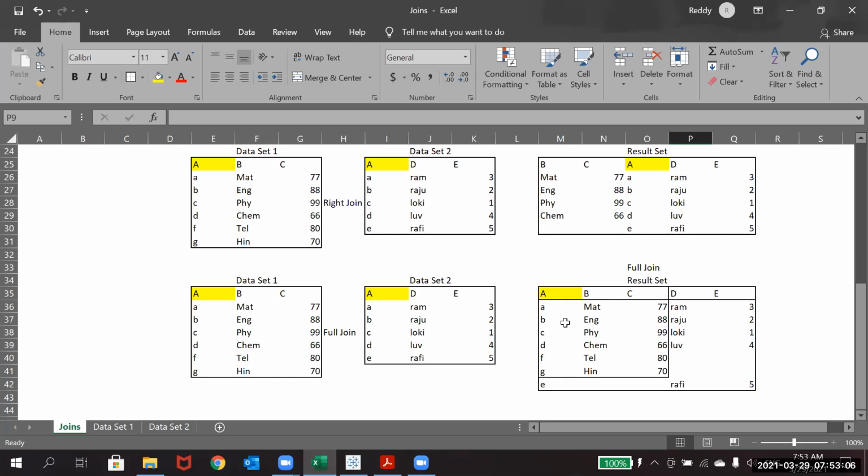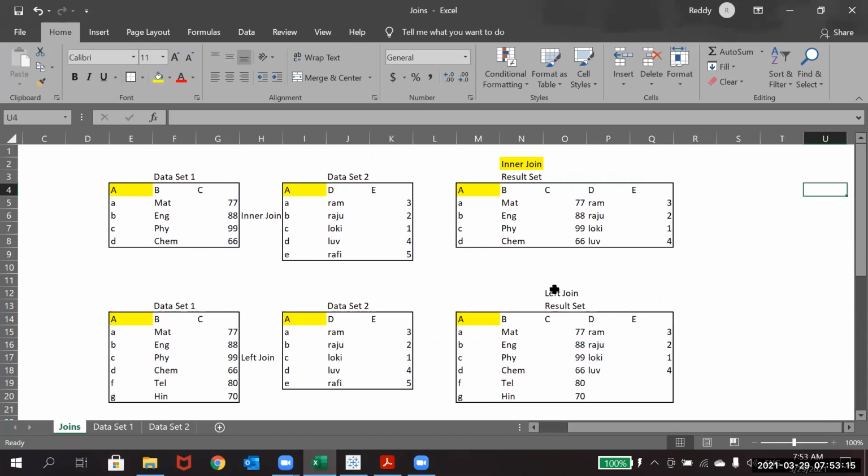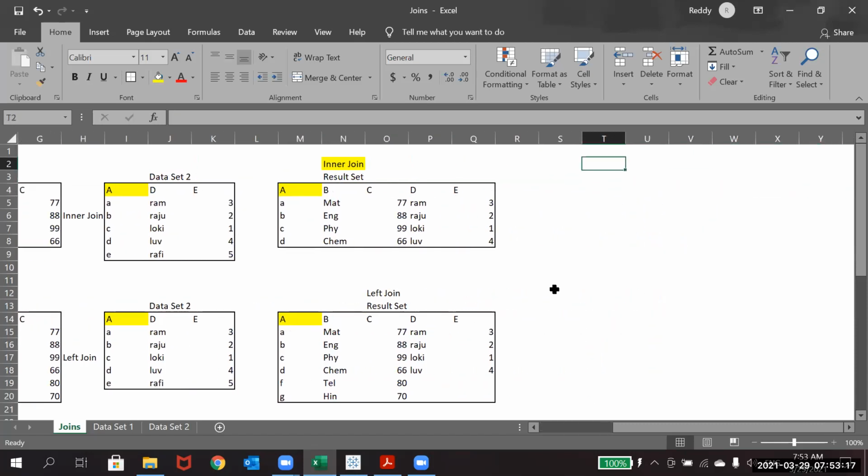You will see column A two times there. Maybe for your reference, I'll keep how the result is showing in Tableau also. Then you will understand exactly how it comes up in Tableau, and you will clearly understand this.